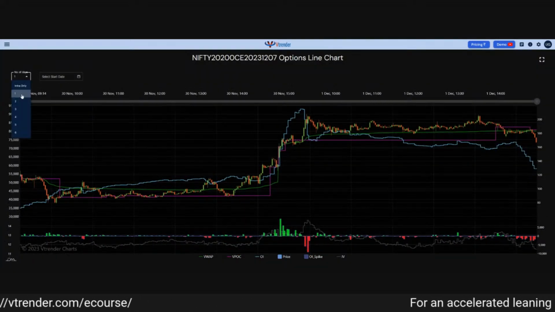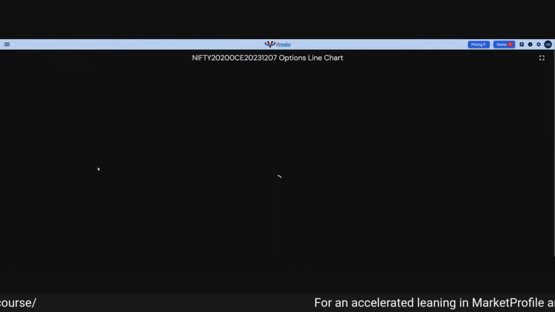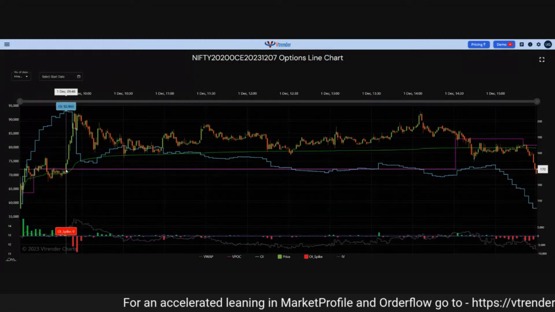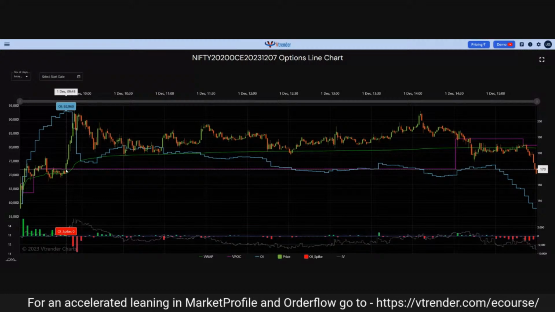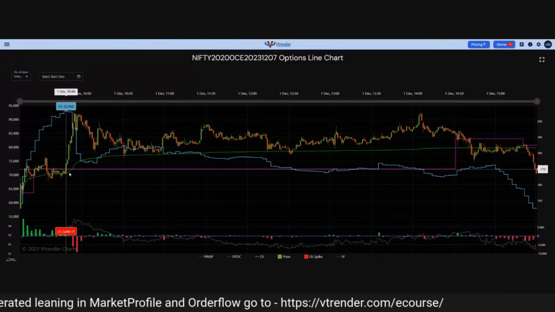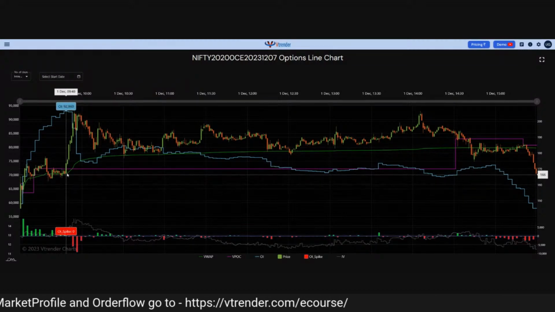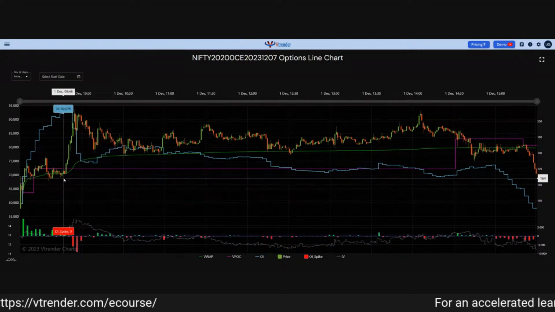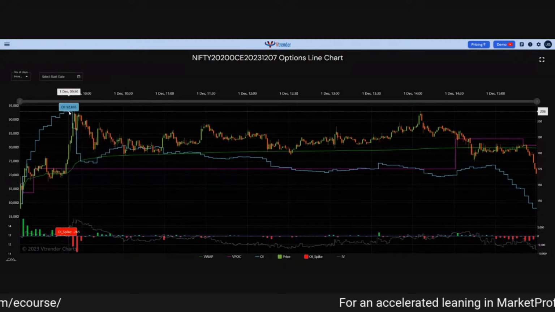Again, I'll just push this to intraday only. And see, this is the time where it spiked over the POC and the VWAP. So 9:45 was that time. So this is when we go long in this call, and you can see how quick we got this move and how the open interest,